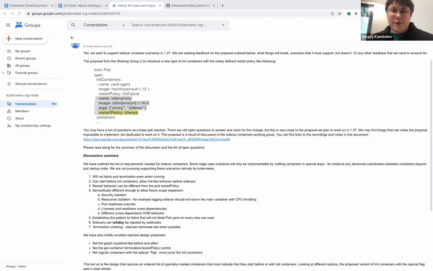We need it during the initialization stage because some of the service meshes provide TLS network for everything, including init containers themselves. But then there are some init containers that initialize sidecars.